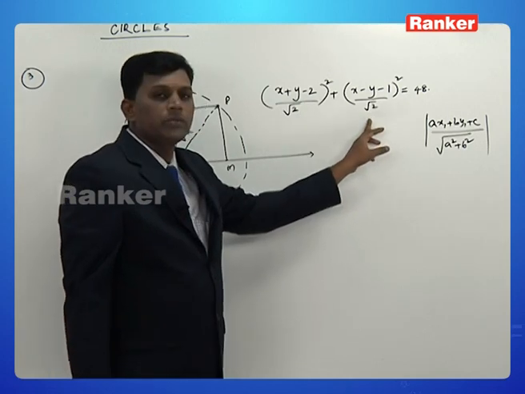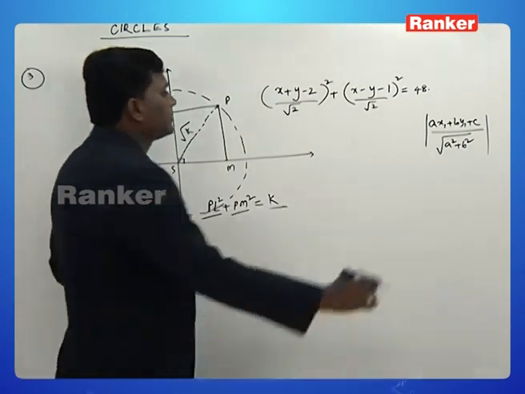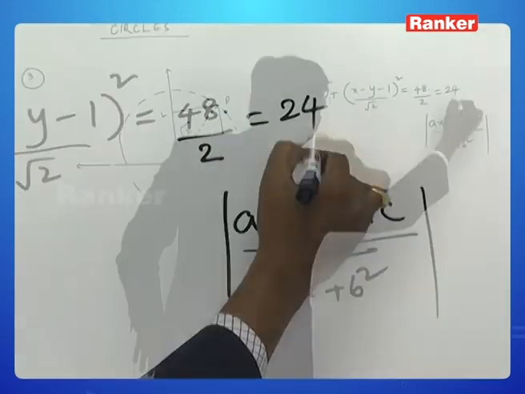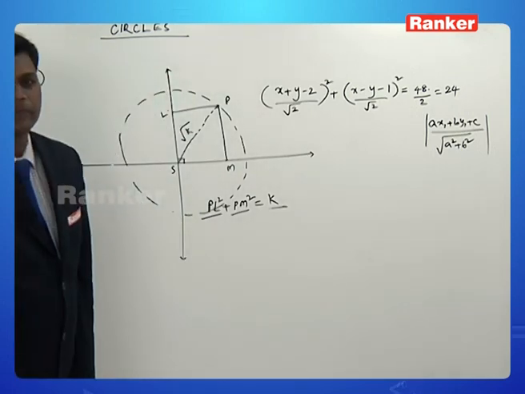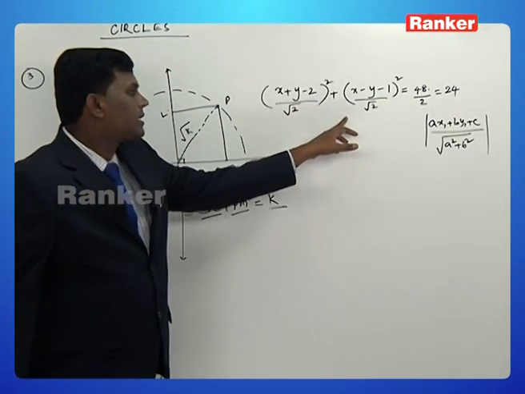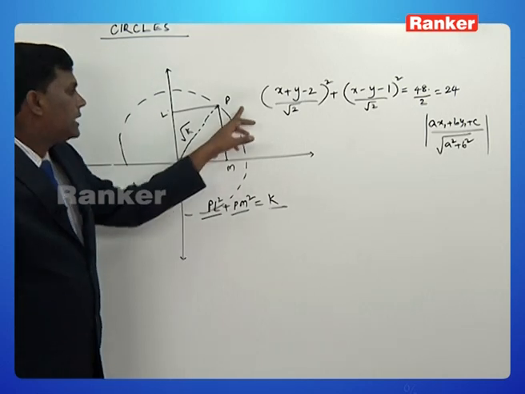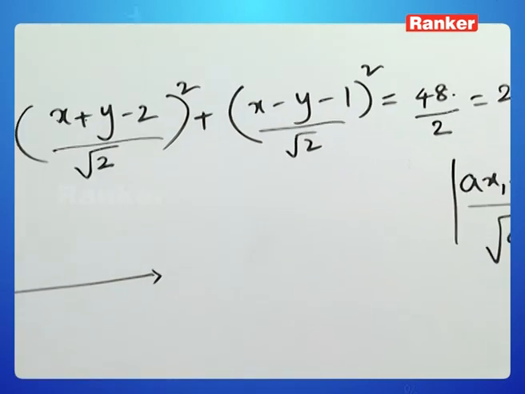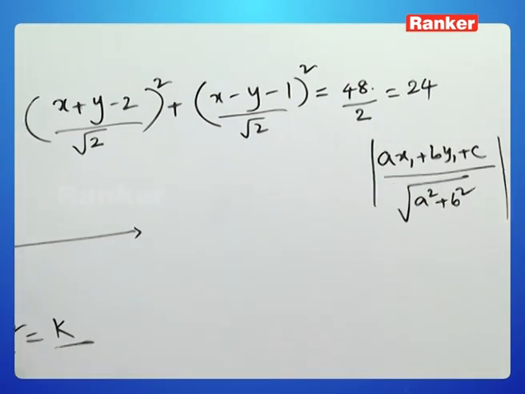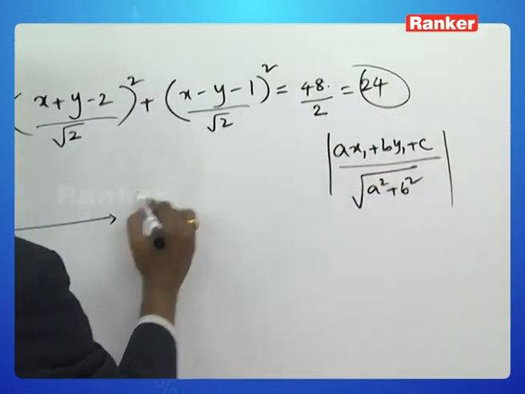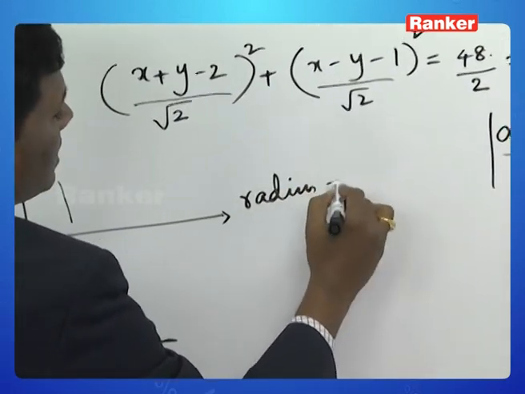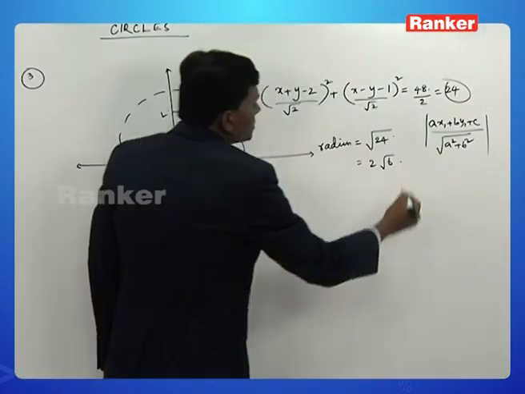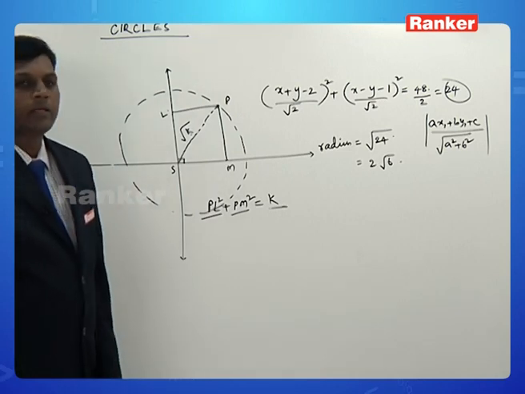Root 2 whole square is 2, so we divide both sides by it. If you divide the right side also with the same, you get this value as 24. So now this is a complete circle equation in the PL square plus PM square equals K form. This represents a circle equation whose radius is root of this K. Radius of this circle equals root of 24, which will be 2 root 6 units. Not only that,